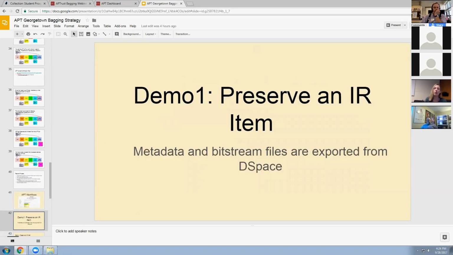And so the first workflow I'm going to demo is preserving an institutional repository item. So this would be the case where we would have both the metadata and the bitstream file that are exported from our DSpace repository. Preservation files are wonderful, and we normally hope we have higher quality files to send to AP Trust, but for a lot of our content, all we have is our Access bitstream. A good example of this would be our electronic theses and dissertations. Students submit their PDFs, and that's both our Access and our preservation files,